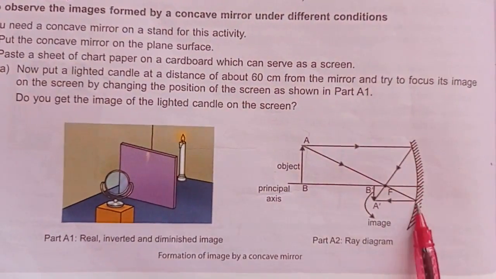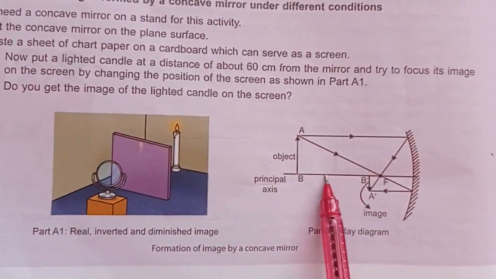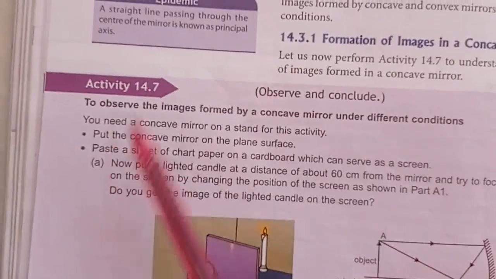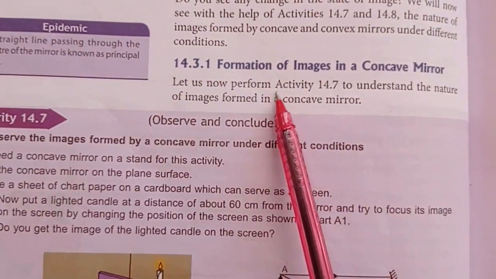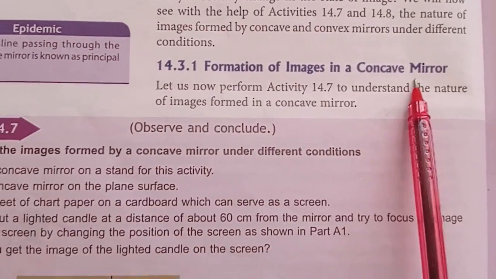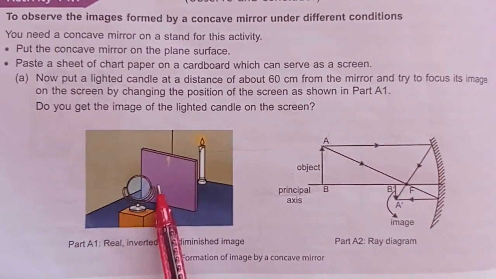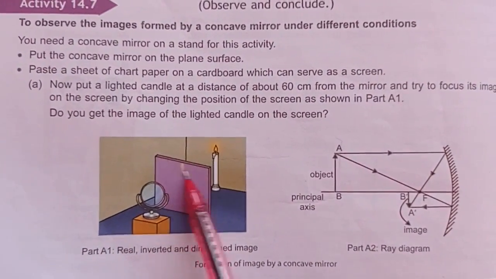See, this is called the center of this mirror, okay, and the line that is passing through the center of this mirror is called the principal axis, as the diagram is given. Okay, now we will discuss formation of image in a concave mirror. So here what we are doing, here we are taking the mirror, here is the object. Now we will look at the image on this plane figure.